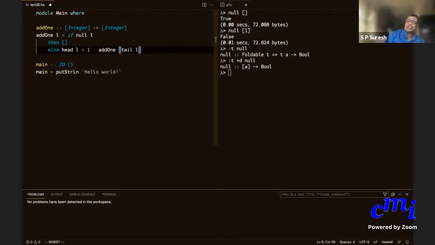f g h x will be treated as f applied to g, that applied to h, that applied to x. You might ask, what does it mean to apply a function on another function? We'll see all that in a few classes. And this left associativity of function application goes hand in hand with the right associativity of arrow. So if you write A arrow B arrow C, you mean A arrow within parentheses B arrow C. These two things match each other. So please go back and check the lecture 2 slides.